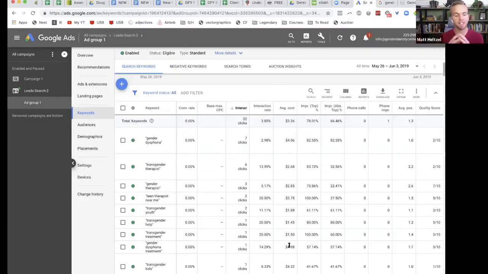In an ideal world, just so everyone's aware, after I get a first round of results, I'm going to come back and put in an individual bid for each keyword. So rather than bidding at a huge campaign level, $5 for everything, I'll bid for each one. For instance, on transgender youth right here, it's $1.88 per click.